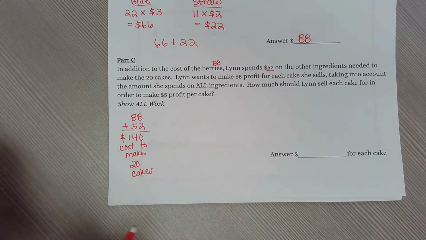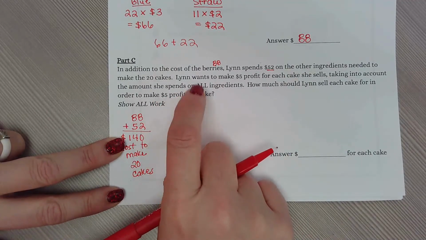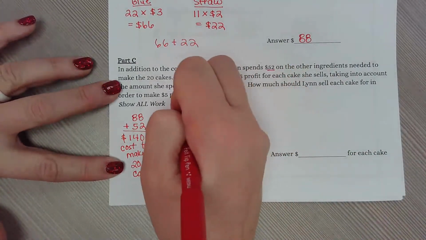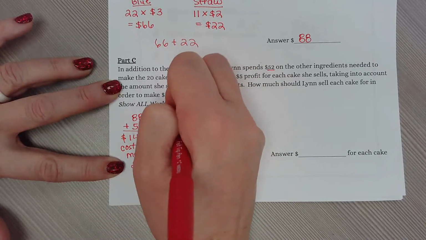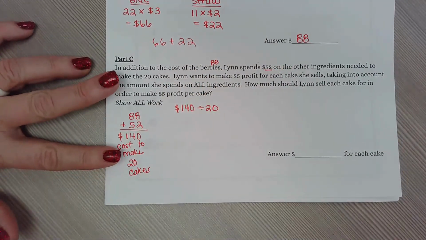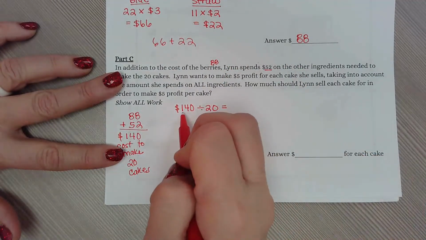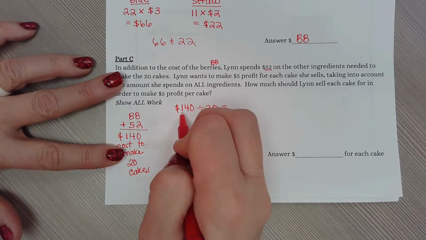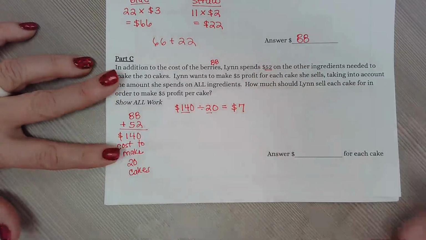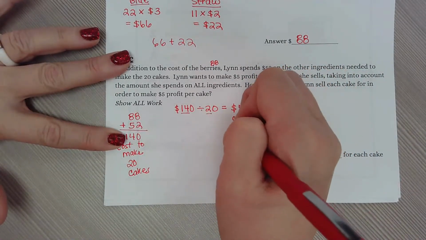Let's figure out how much it costs to make one cake, because that's what we really want to know here, right? The profit per cake. So let's figure out the cost to make one cake. Let's not worry about the profit yet. So if it's $140 to make all 20, if I divide $140 by 20, that's going to tell me the cost of one cake. Now, hopefully you can use a shortcut here since they both end in 0. If I just look at the 14 and the 2, 14 divided by 2 is 7. So $7 is the cost to make